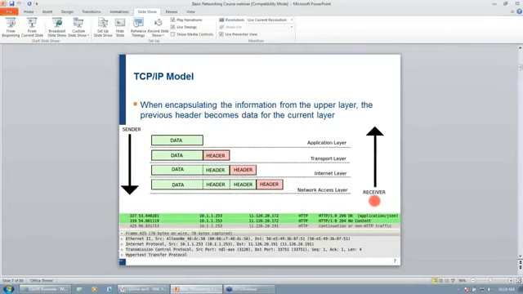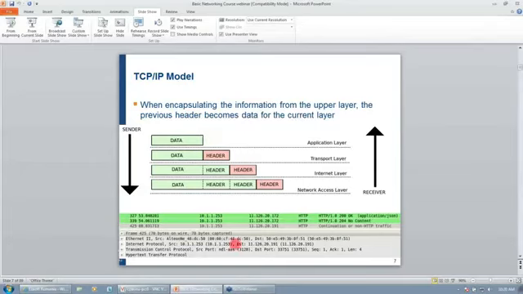It will be peeled off the headers for every layer above, and at the end, the application will interpret the data. We'll check, for the example I gave you, the address, the user and password, and we'll see if they are correct and if the telnet session can be started.